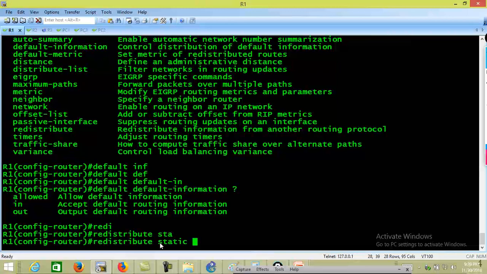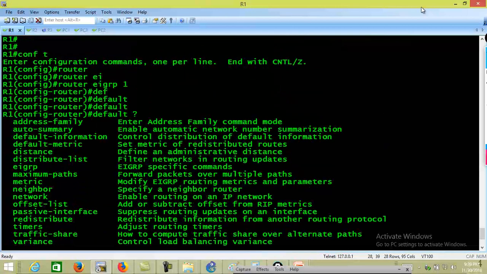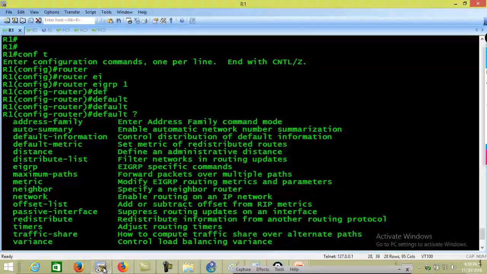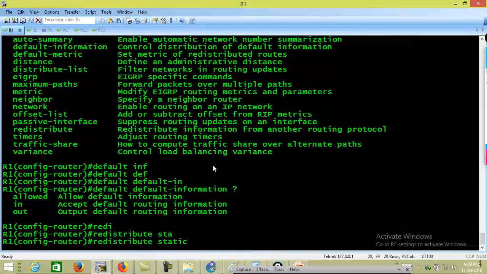So the problem with this, if you say redistribute static, is that my core router here could be having other static routes to some other sensitive departments. Maybe the accounts department, you have a static route that is only known to this guy. You have an R&D department, some sensitive areas that you don't want to broadcast to the rest of the network. So when you do redistribute static,